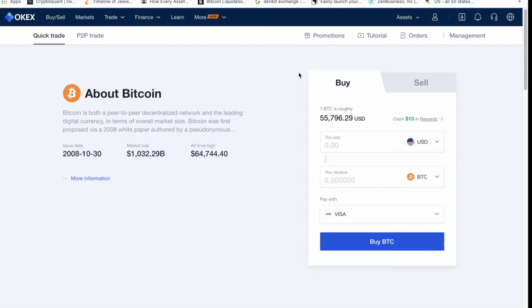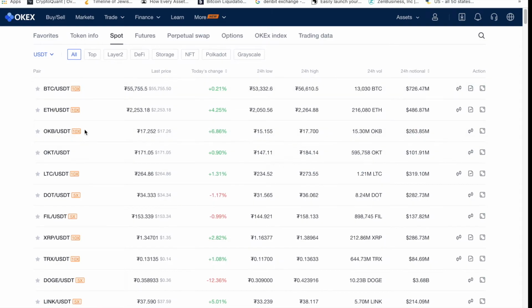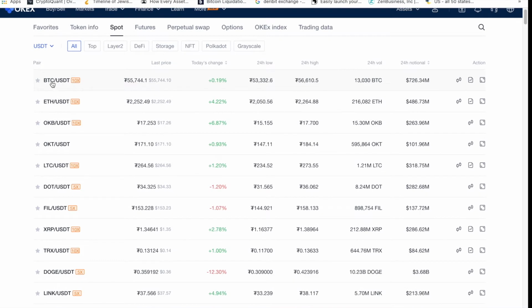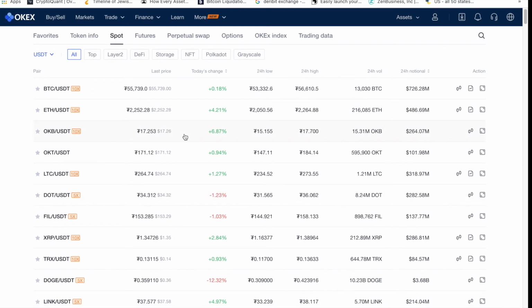Now after you purchase cryptocurrency, you also have an option to redeem it to your personal wallet, or if you want, you can try to trade them and buy different cryptocurrency. In this case you have a nice overview of all the cryptocurrency they have when you click on the spot section, and next to the cryptocurrency pair you also have the leverage of the offerings. In this case you have up to times 10. This is basically the margin one. Then in some cases you have times 5. So a very nice and simple interface.